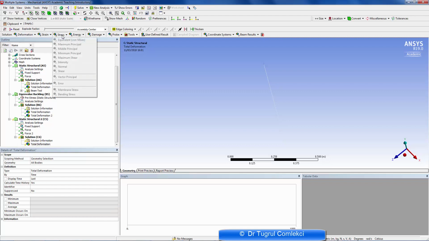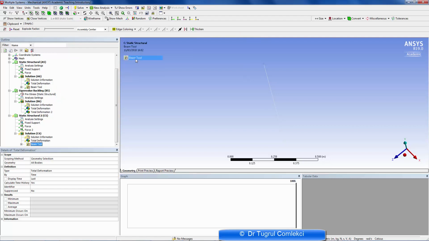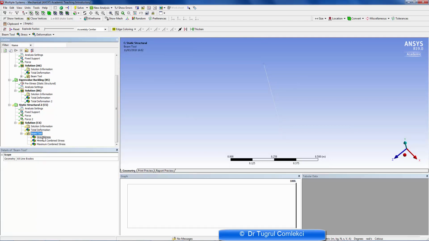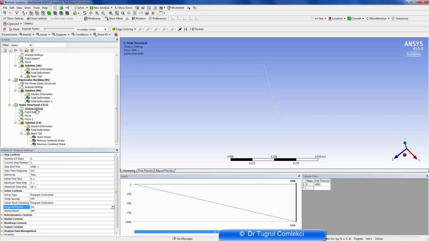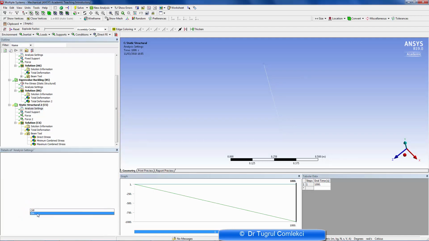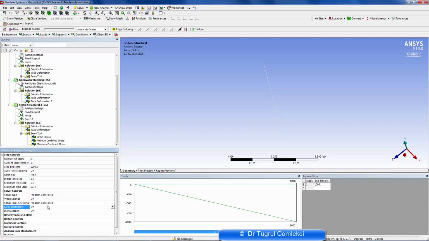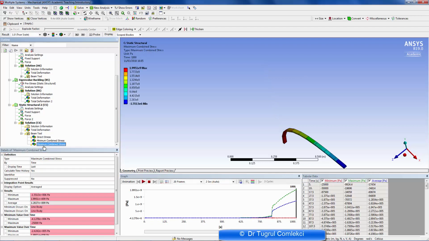So that is really all we need to solve this, and in the solution we want to see the deformations and also stresses. Again, the usual stresses don't apply to beam elements. We need to use the beam tool. So create the beam tool, and under the beam tool we can approach the direct stress and combined minimum and maximum stresses. Under the analysis settings, we also need to make sure that large deflection effects are turned on so that we can see the nonlinear effects of this, and we need to solve this again,